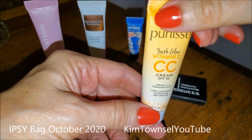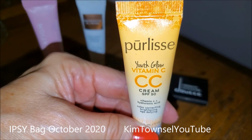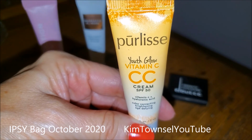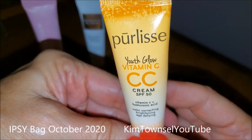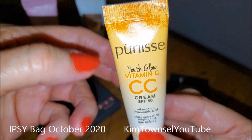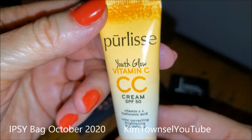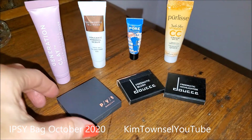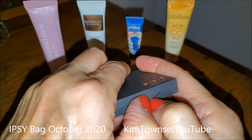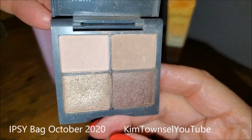This, I was surprised. If you are looking for coverage, this is it. I put this on with a sponge, and it stays all day long. Great coverage. It's not slimy. I have really oily skin, and this was a pleasant surprise. It's a little too light, but great product. This, I was so excited about this, the colors, but this ended up being a little too pinky